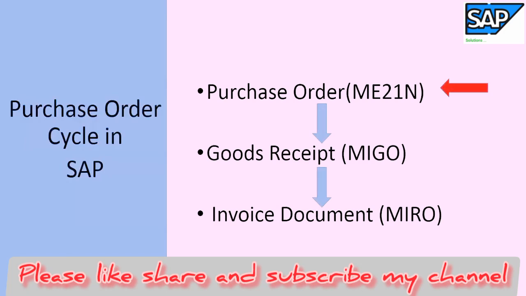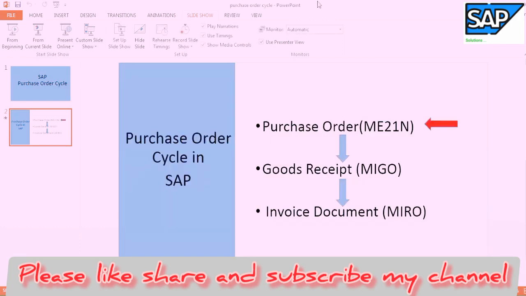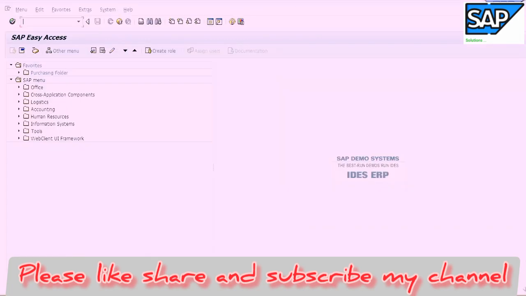Now we will do practicals. So this is our SAP Easy Access screen, and now I will show you the menu path first.